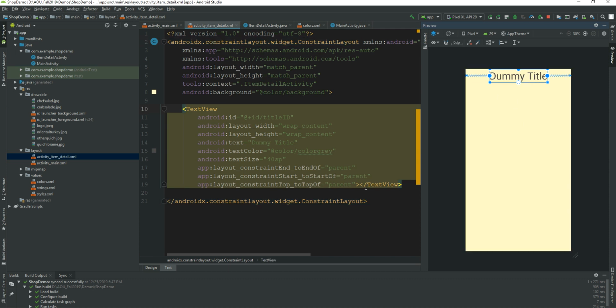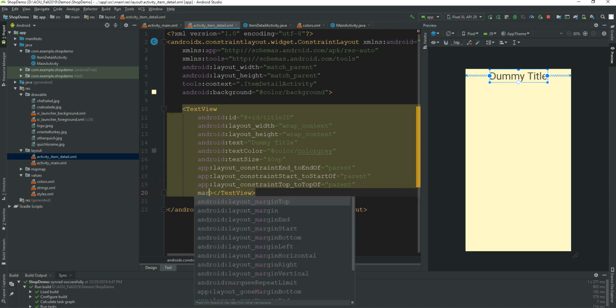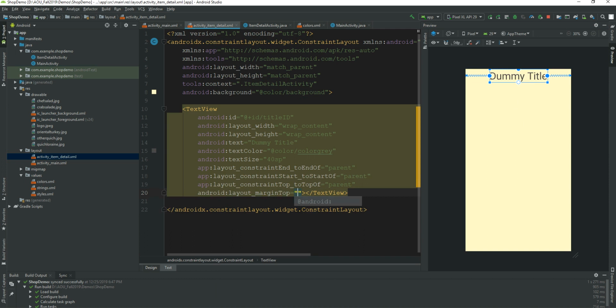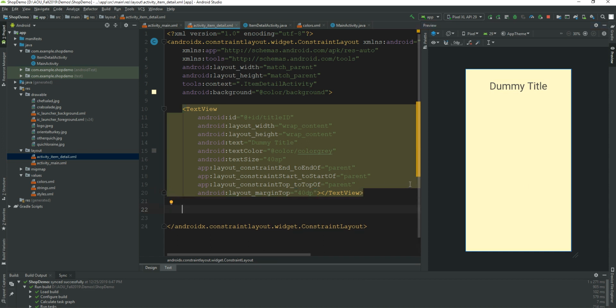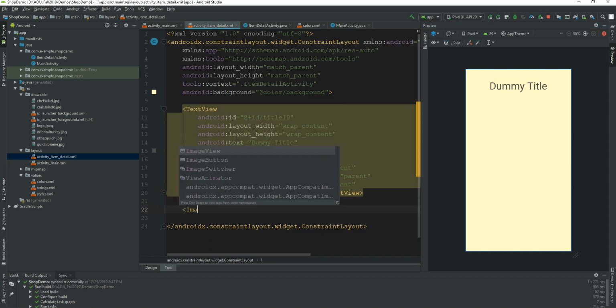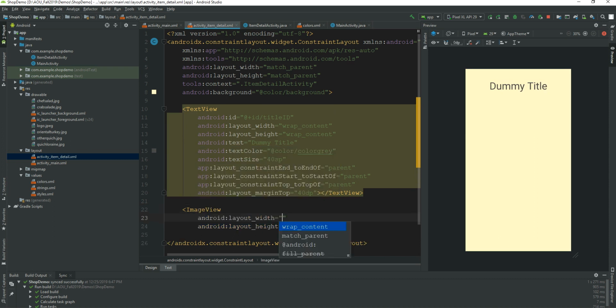Now let's give it a margin from top. So margin from top, let's give it around 40 dp. Again, you can change it if you like. Now let's create another item, which is the image item. So image view, the photo item. Let's give it a width of, let's say 100 or more. Let's give it 200 dp by 200 dp,